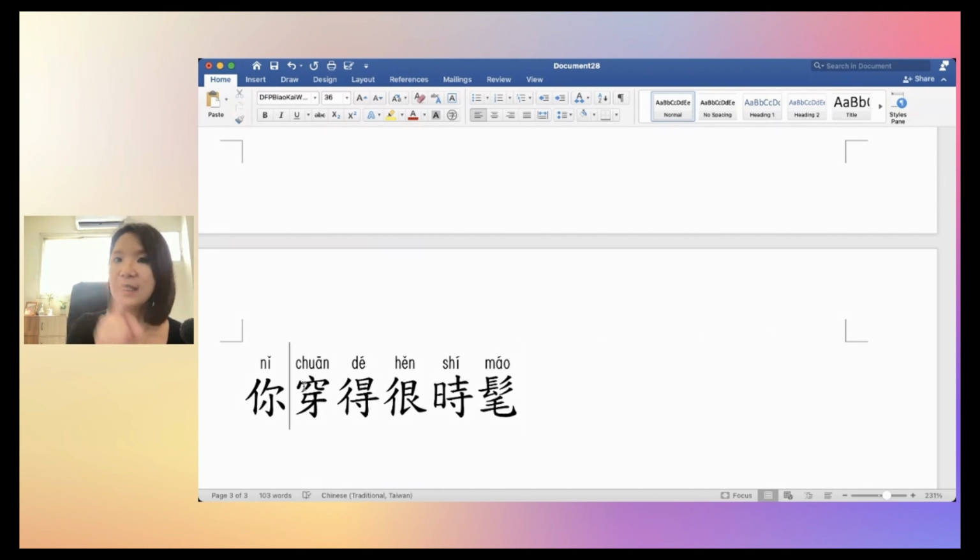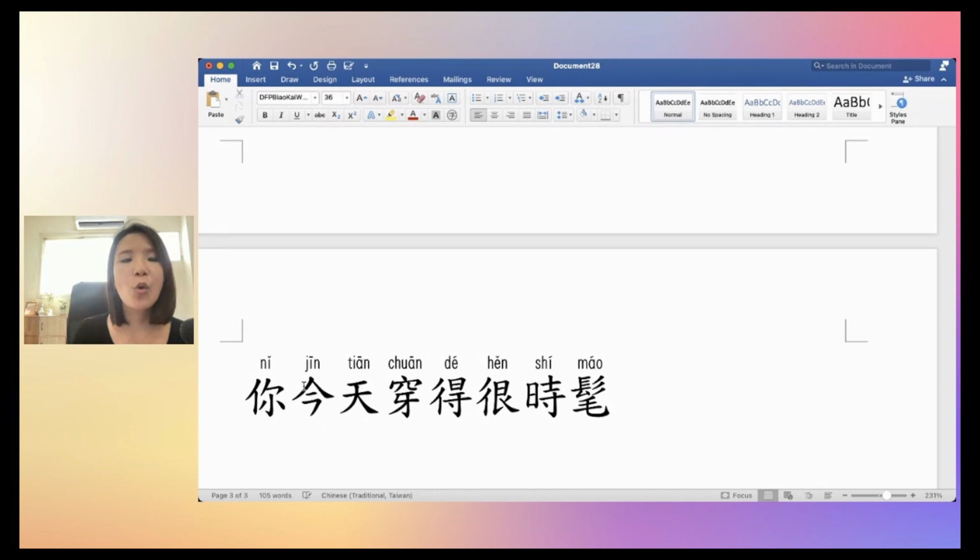That would be 你今天穿的很时髦。So in this case, 时髦 fashionable is modifying the action. So you're wearing very fashionably today. 你穿的很时髦。Remember, we are using this 的 to modify the quality of action or to modify the verb 穿的很时髦。